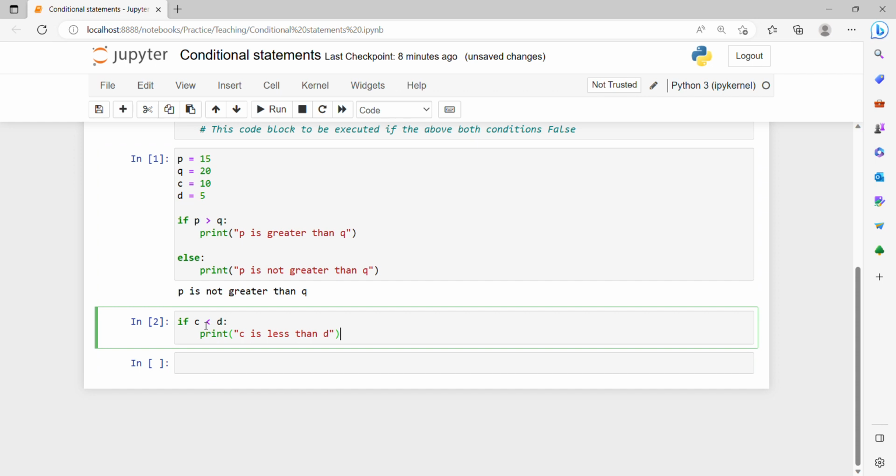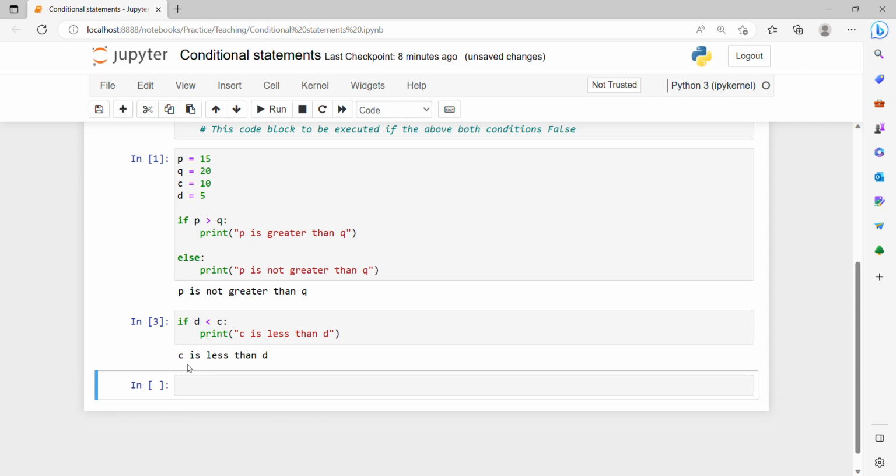Now we will check if D is less than C. Yeah, here we need to make changes. Here now it is showing that D is less than C. Likewise you can check. Okay,